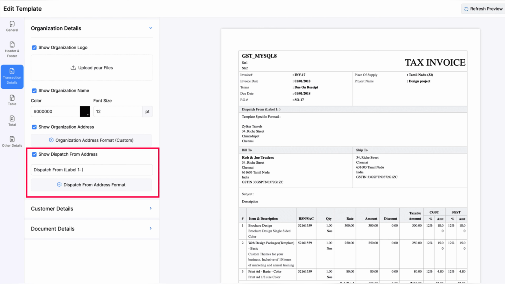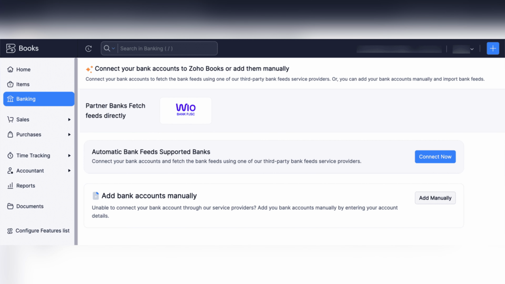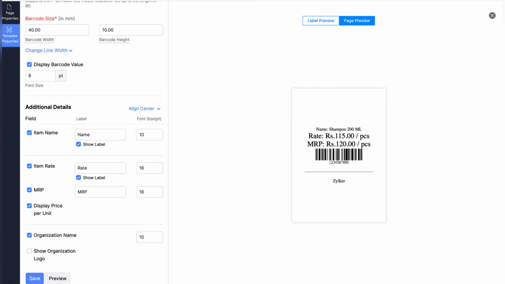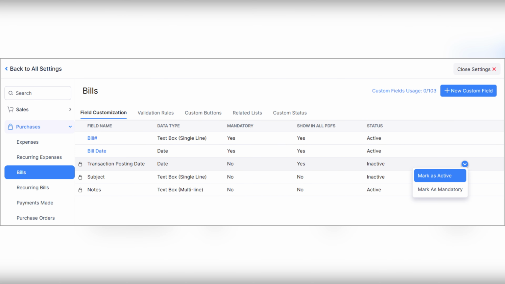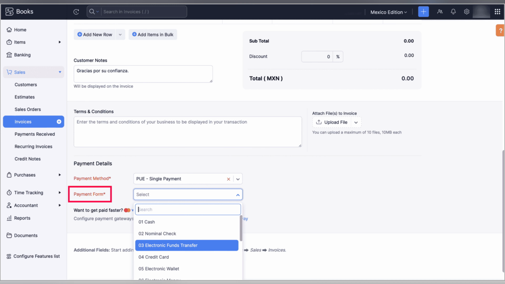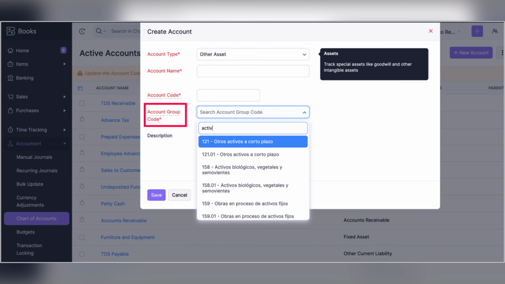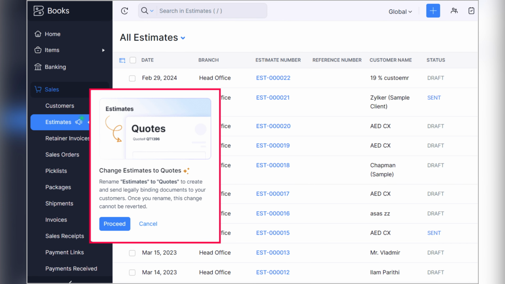in India edition. Also, there is a Vio Bank integration for United Arab Emirates, Saudi Arabia, Bahrain, Kuwait, Qatar, and Oman editions, enhanced barcode templates, enhanced reports module, transaction posting date for bills in India, Canada, and global editions, payment form for invoices in Mexico edition, exporting your chart for accounts in XML format in Mexico edition, estimates to quotes